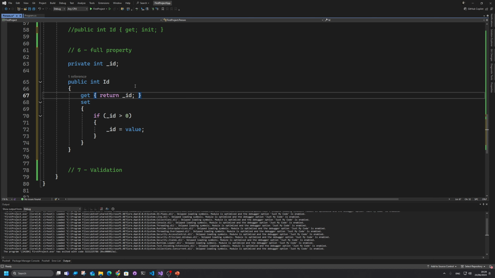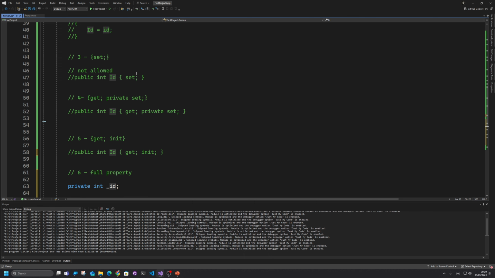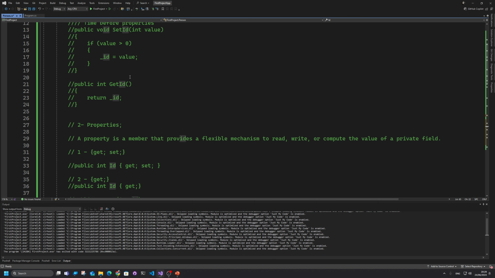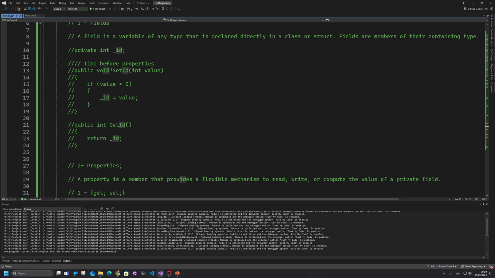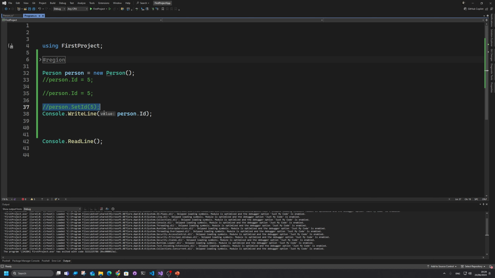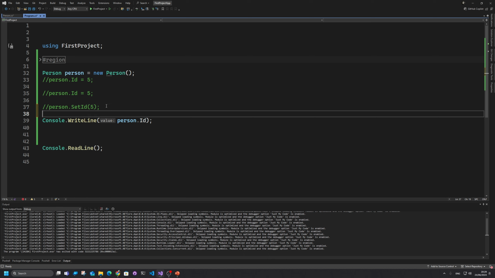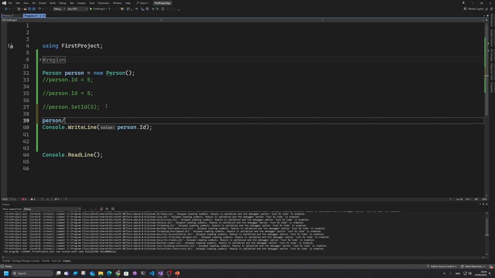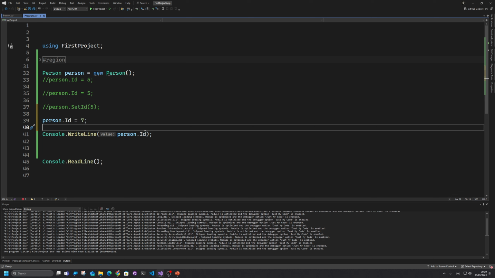But the difference here is you can access the ID directly without using a method like here, for example. Here we had to use set ID and get ID. Here you don't have to do this. All you have to do is come here and say person dot ID equals 7, and you read it like this. If I run this now,